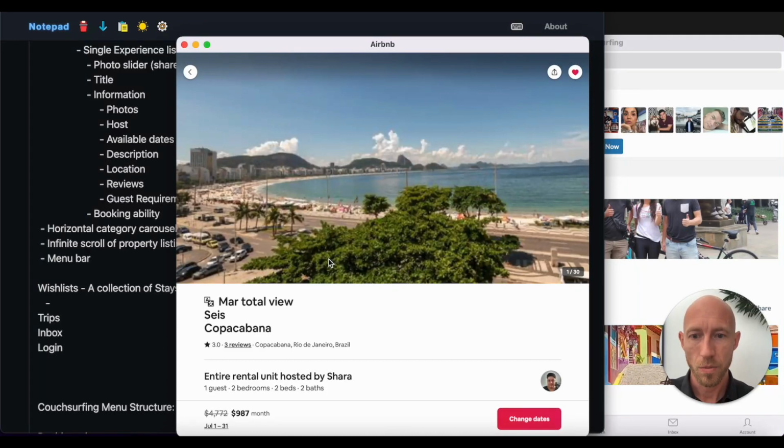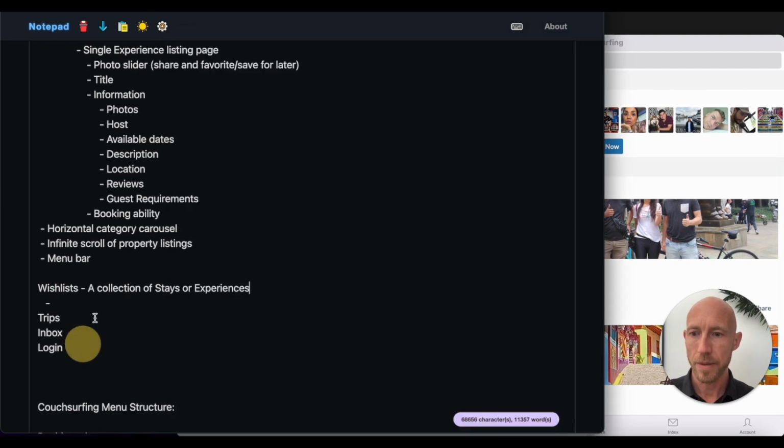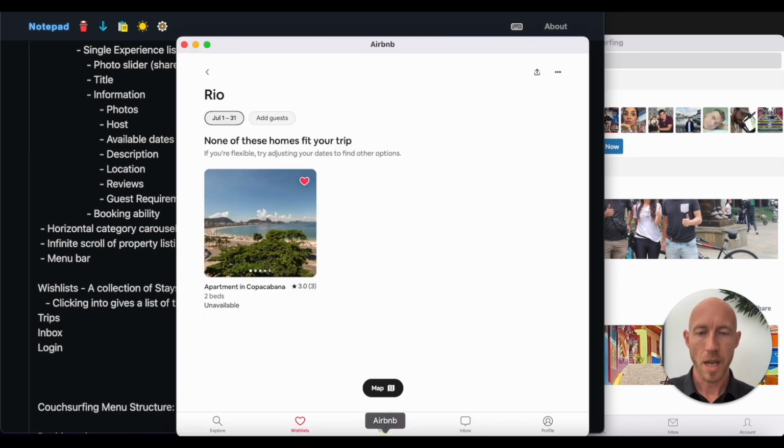Okay, so looking at this, all it is, this is the view actually I'm more interested in. Clicking into it, and so right now here is our stuff for homes, and then if we also had trips in